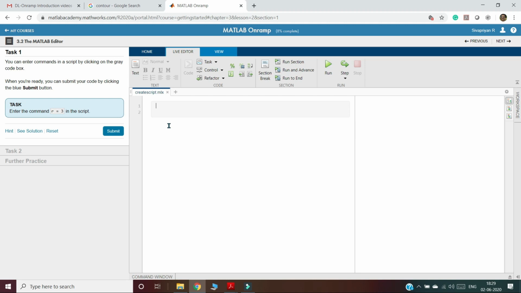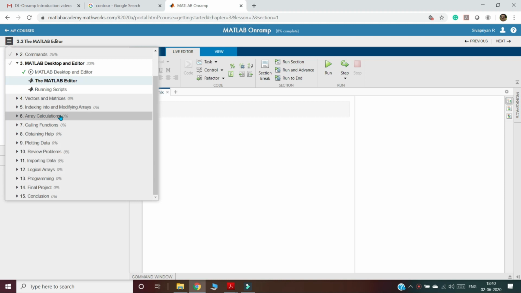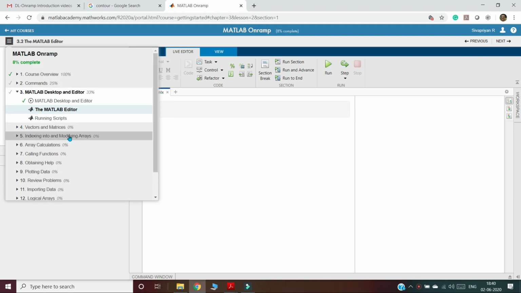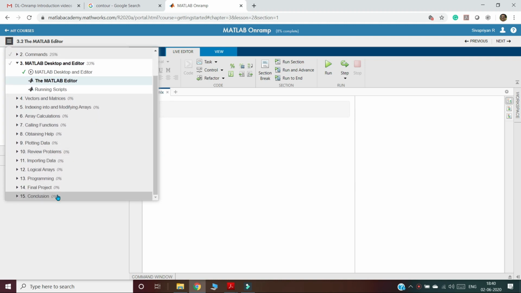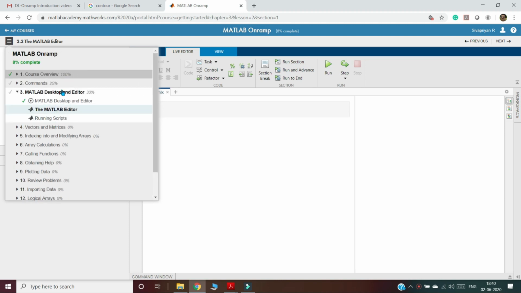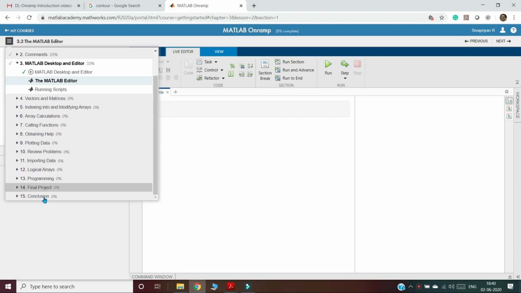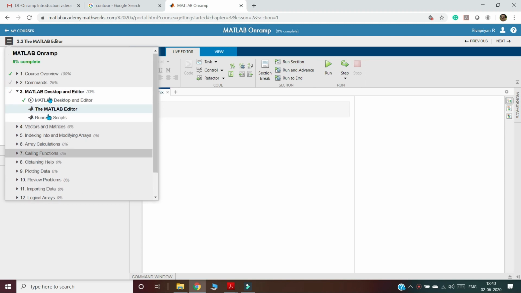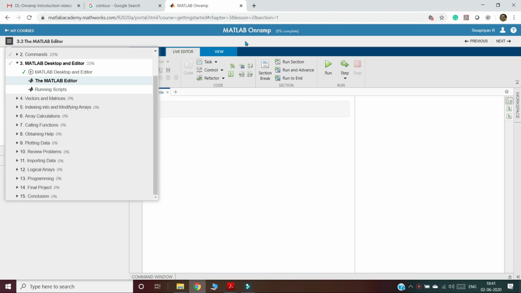In the Telegram group we will be sharing more materials, so go through that material. Within the first 2 days, try to complete the MATLAB Onramp course. See that you get 100% progress in each topic. If you get 100% completion in each topic, you will get the MATLAB Onramp certification from MathWorks, and similarly you will get the progress report also. All the best.